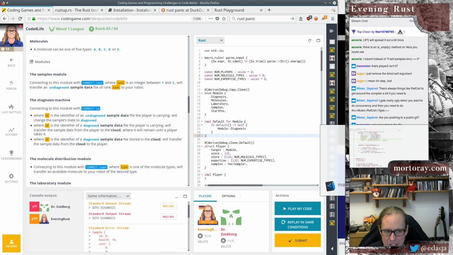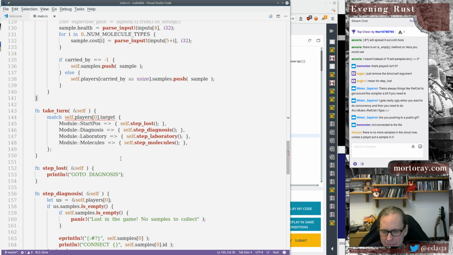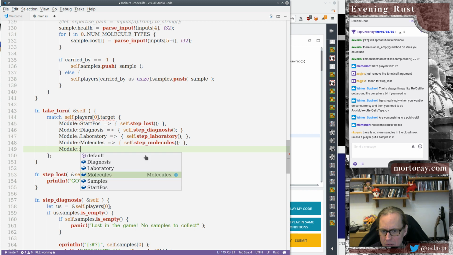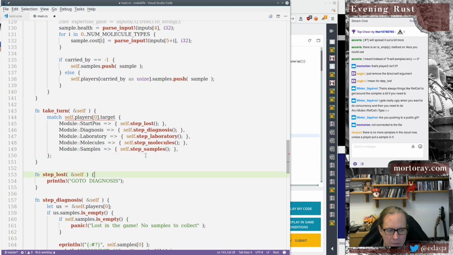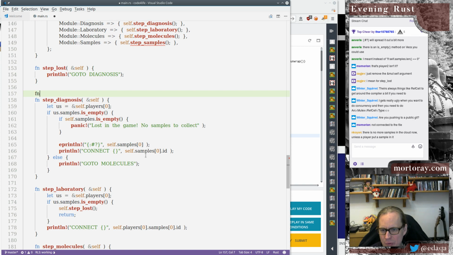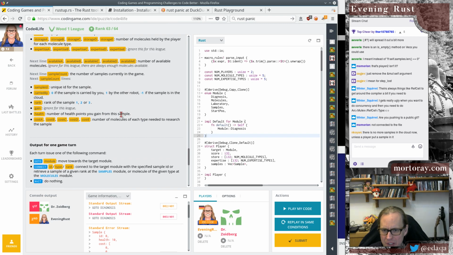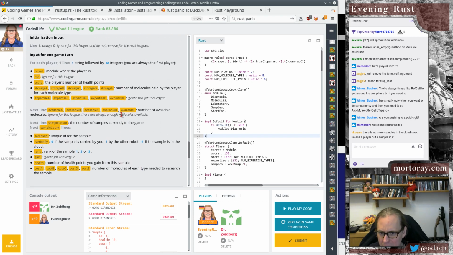All right, so let's just change this up a bit. If we don't have it, we're going to go to the samples module. Module samples self.step samples. We're going to have to create this as well, and this will be down here. Well, let's put it beside the diagnosis because it's very closely related. Step samples, and we're actually going to have to change the parsing a bit here too. So let's change the parsing first because we have to check if it's diagnosed or not. Carry by rank, ignore health, and